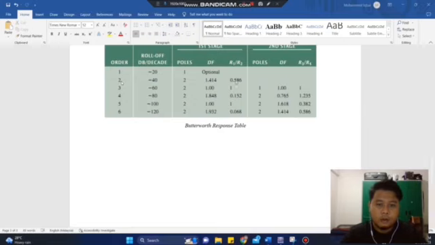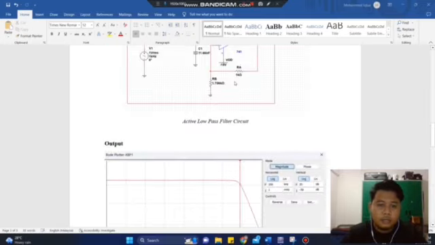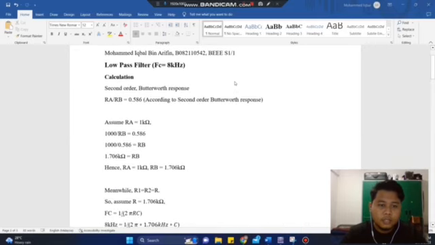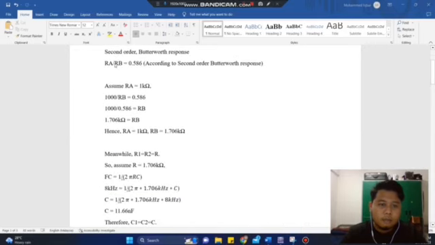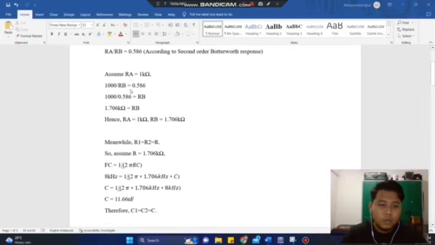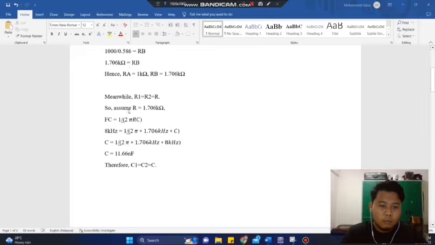R1 per R2 is 0.586. After that, for the calculation, RA per RB is 0.586. So I assume RA is 1 kilo, so I get the value of RB is 1.706 kilo ohms. Meanwhile, R1 is equal to R2 is equal to R, so I assume the value of R